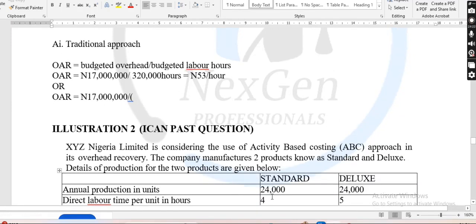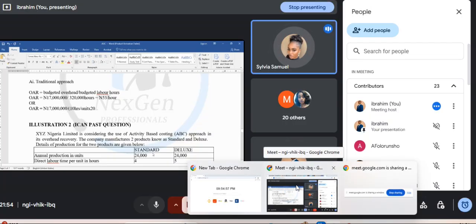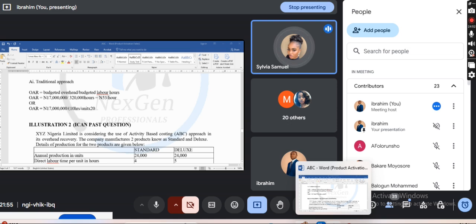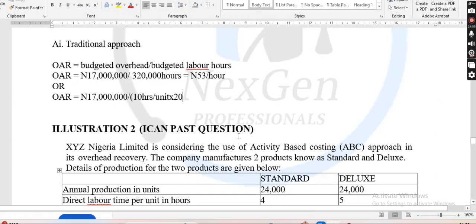Okay. Now the first one is better, right? So better uses 10 hours per unit, so that you will understand. Times how many units did they produce? 20,000, right? Someone should just give me the figure, please. Yes, 20,000. So that means that when you multiply